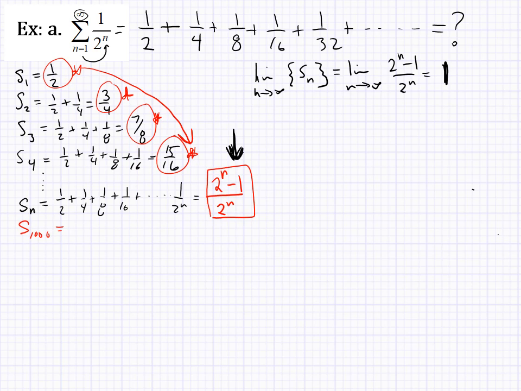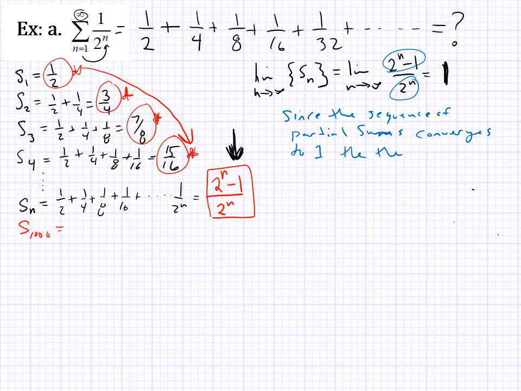Mainly because when you go to do L'Hopital's rule, this is an infinity over infinity limit. The derivative of this will be the same as the derivative of this, so then they'll cancel each other out. Now I take the limit of 1 and I would get 1. So anyway, since the sequence of partial sums converges to 1,